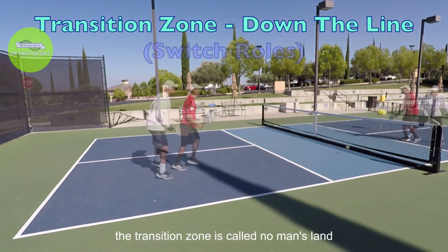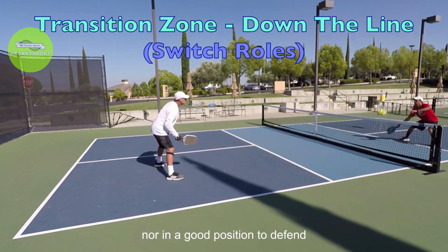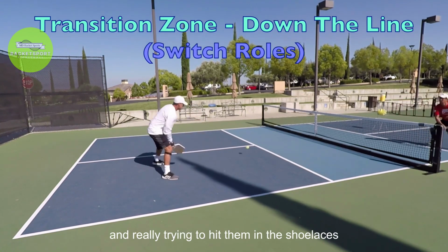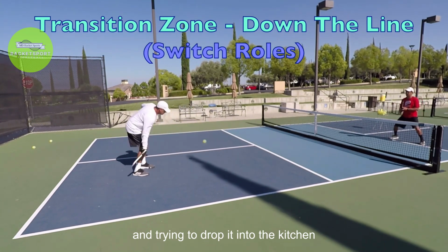The transition zone is called no man's land, and you are neither in a good position to hit a shot nor in a good position to defend in this land. The up player is targeting the back player's feet and really trying to hit them in the shoelaces. The back player is working on their defensive skills and trying to drop it into the kitchen and neutralize the